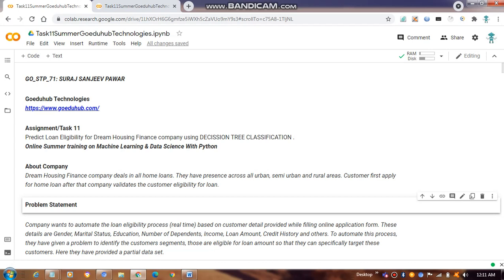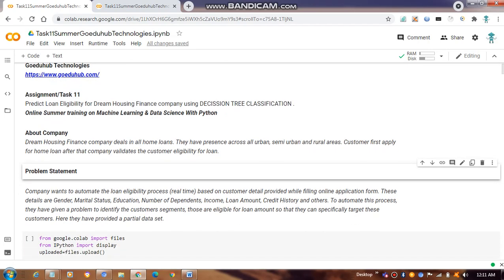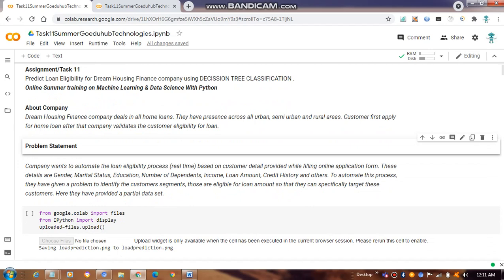So here is the task. The task is predicting loan eligibility for a dream house financial company using decision tree classification. We have just learned what decision tree classification is, and based on that,